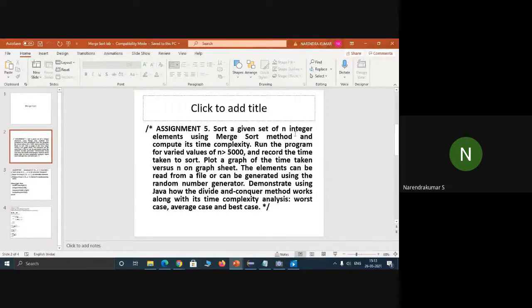Sort a given set of integer elements using merge sort. So we have just done sorting the elements using merge sort. And compute its time complexity. We need to compute the time complexity. In order to compute the time complexity, we need to have a proper approach. So how to find the time complexity? With respect to Java, we will be finding the time